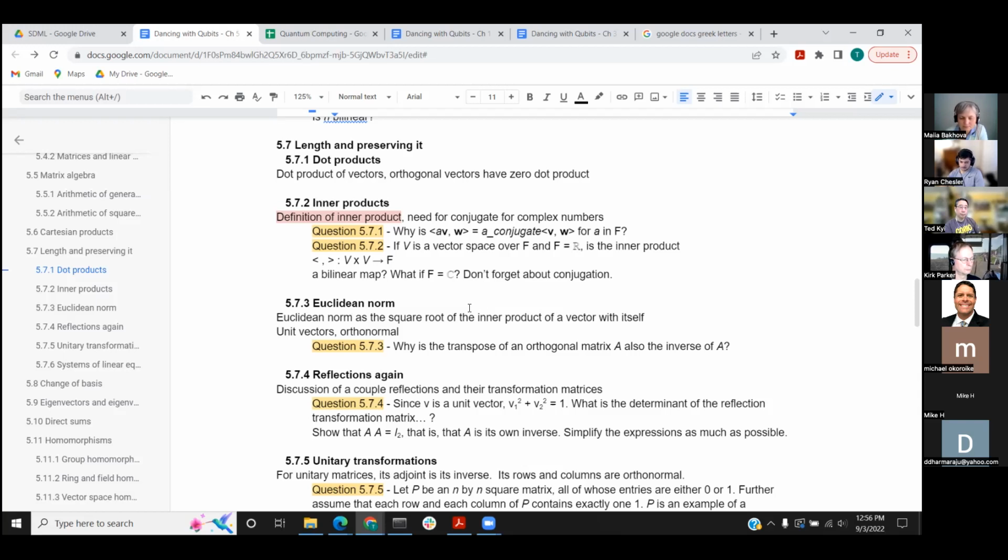So the inner product, in a two-dimensional space, is modulus A times modulus B times cos theta, right? So basically, you could think of cos theta as the inner product divided by magnitude of A times magnitude of B. So it's just extending that notion, the angle between the two vectors,